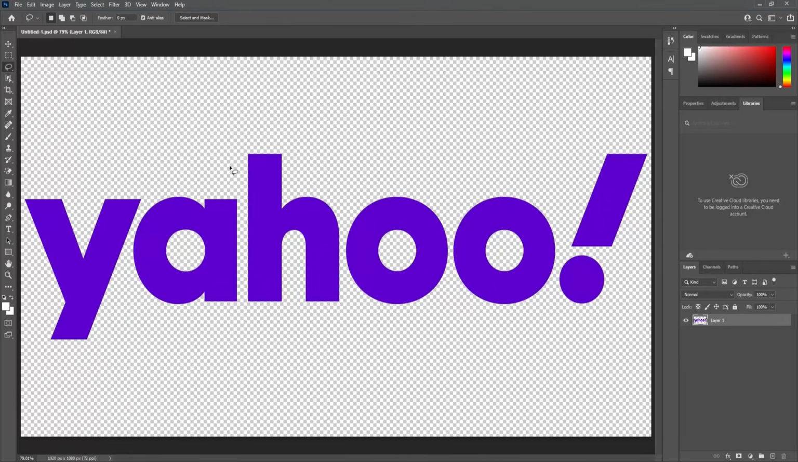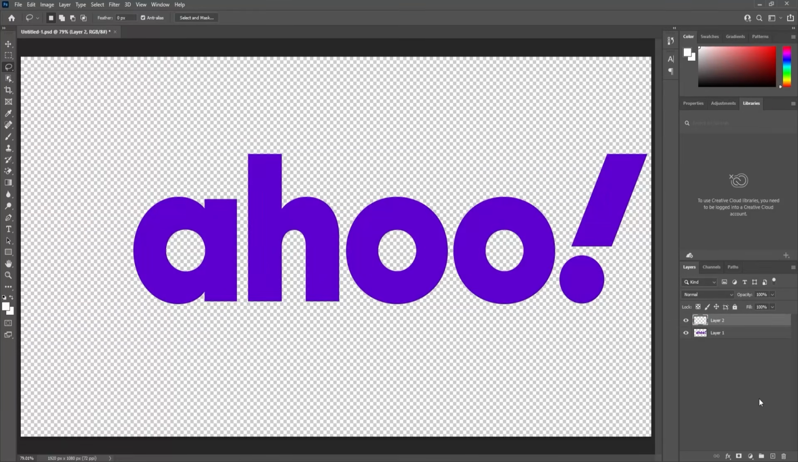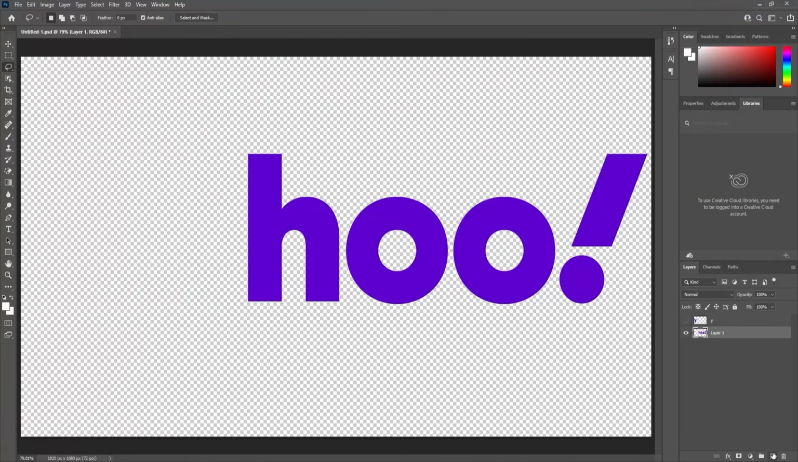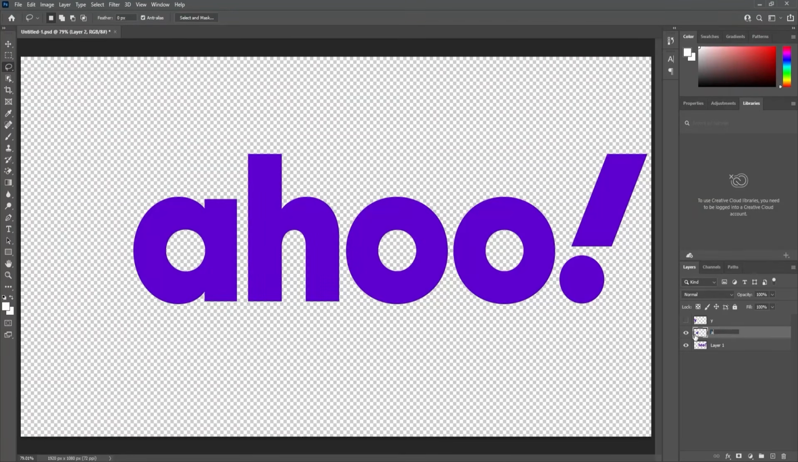Now press L for lasso tool, and with the help of lasso tool, I'm going to select this Y over here, and I'll hit Ctrl X to cut it out, create a new layer, and press Ctrl Shift V to paste in place. Double click and let's call it Y. Same thing I'm going to do for A. Select this much portion, hit Ctrl X, new layer, Ctrl Shift V, double click, let's call it A, and